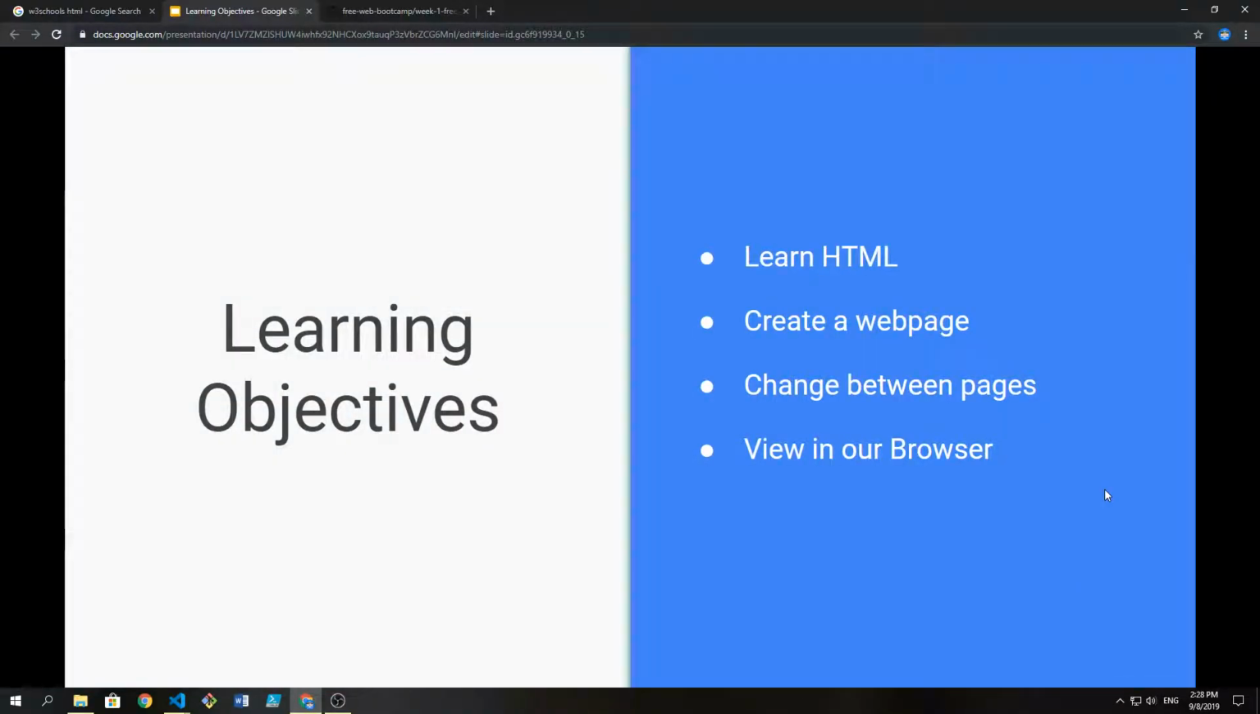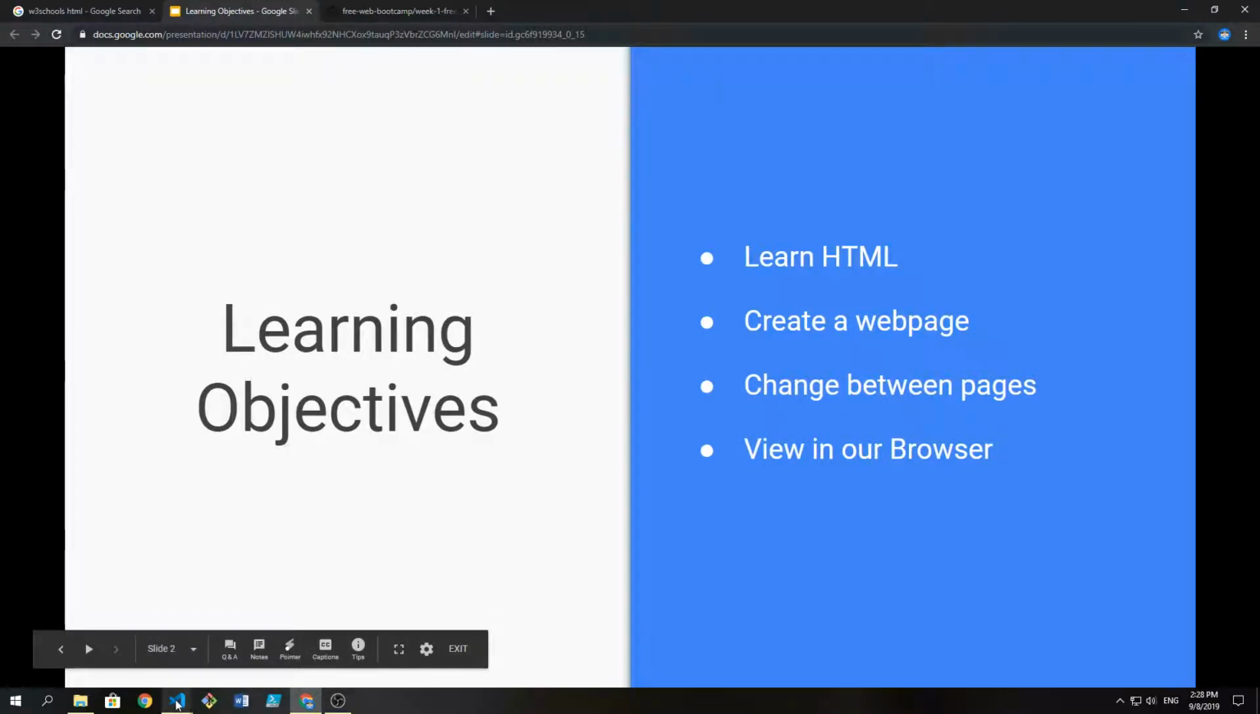So our learning objectives are to learn some HTML, create a web page, just a simple one. We also want to change between pages, so rotate between the first and second page. And just for now we're going to view it in our browser. So first of all, what we're going to do is head into our code editor,